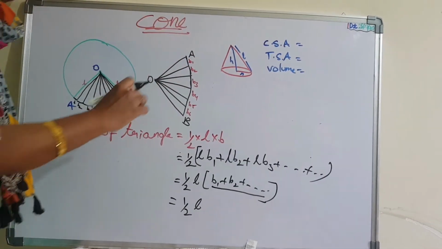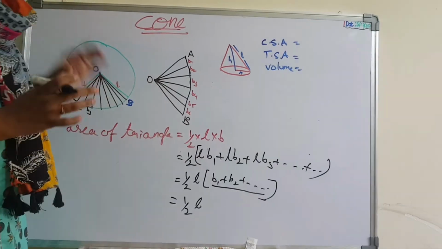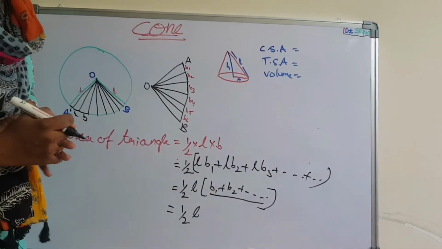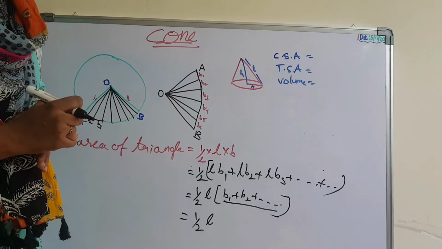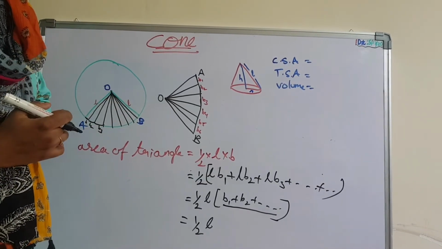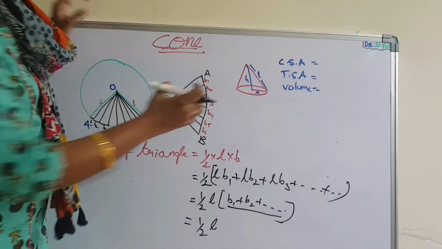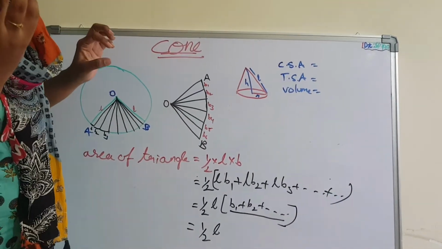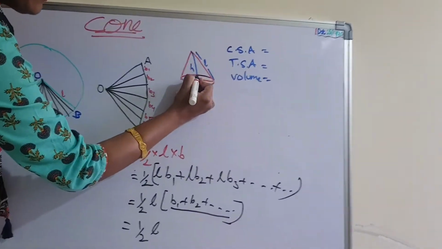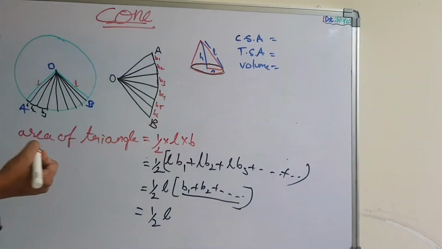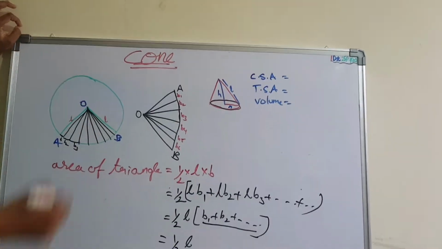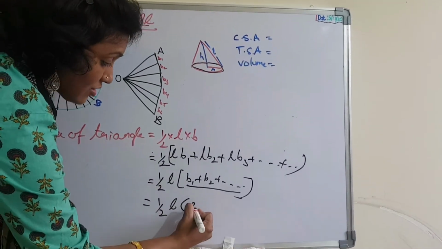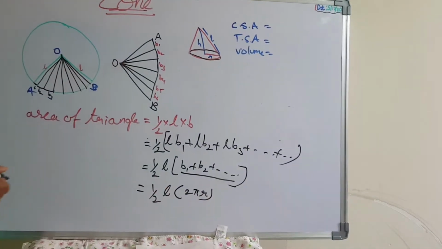If we divide the breadths like that, it becomes a circle. That is nothing but the circumference of the circle, or the base of the cone. What will become the base of the cone? What is the base of the cone? Like a circle, no? The base of the cone formula is 2 pi r. The cone is like this one. This base is like a circle. What is the circumference of the circle? Nothing but 2 pi r.